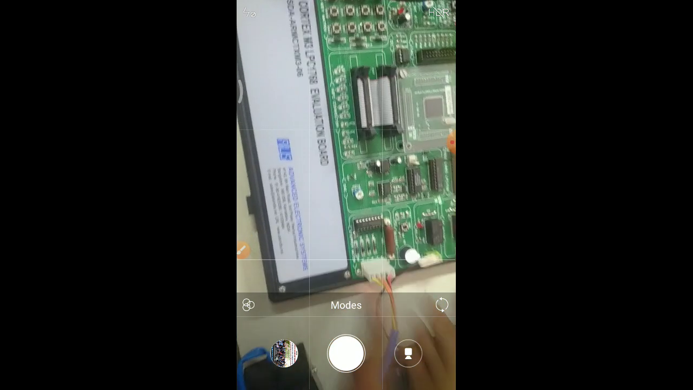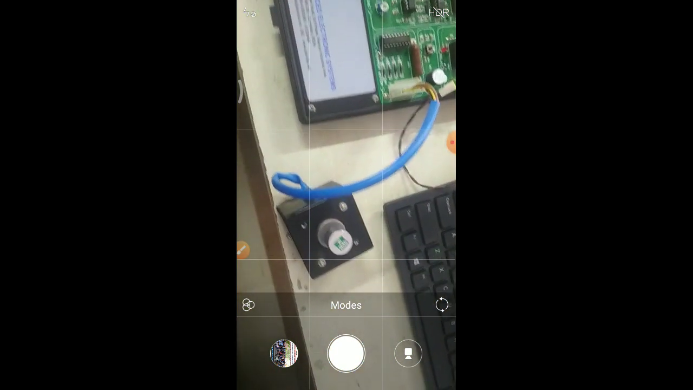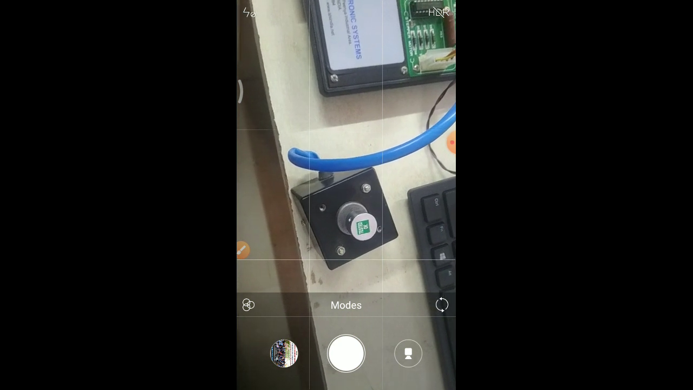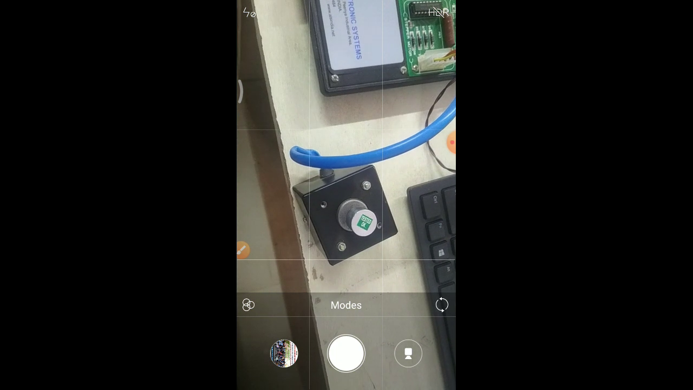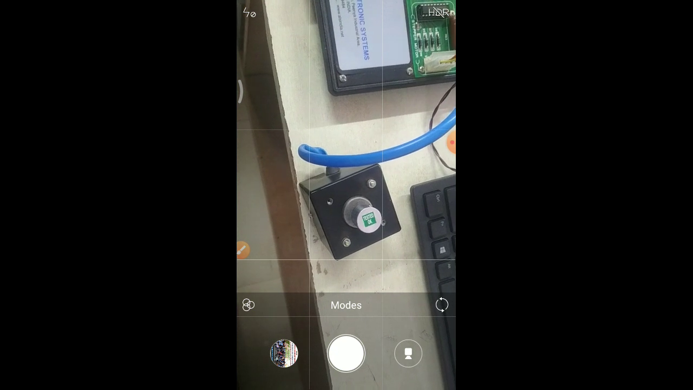You can see this. The stepper motor is being connected here, and now it is rotating anti-clockwise. Okay, that was clockwise. This is anti-clockwise. After some delay,